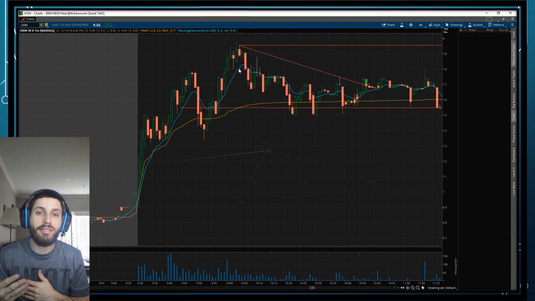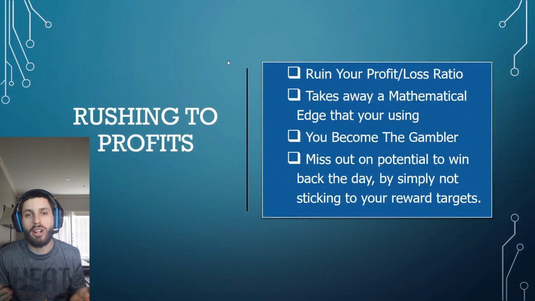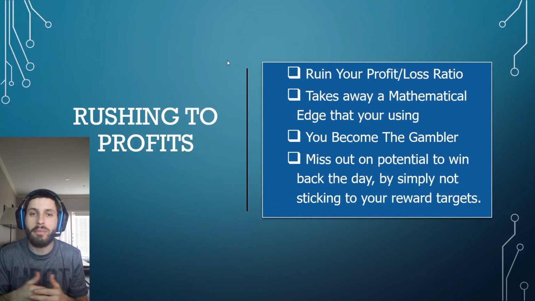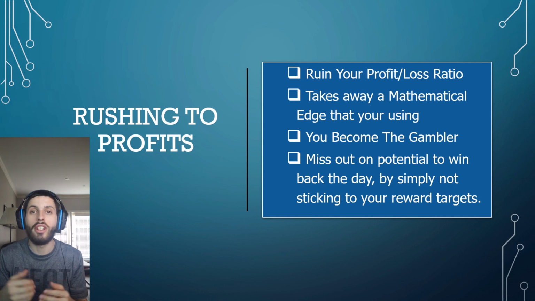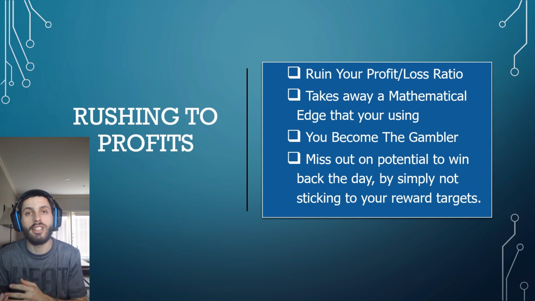And the last thing, of course, guys, we can't rush towards profit. I can't stress this enough how many times I've seen traders rush towards profit and ruin their profit-to-loss ratio. The whole thing we're trying to work here is a mathematical advantage. And if you lose that edge by rushing towards your profit, taking the 1-to-1 trade when you know you should be going for a 3-to-1 trade, you're going to push yourself on so much accuracy that you're going to